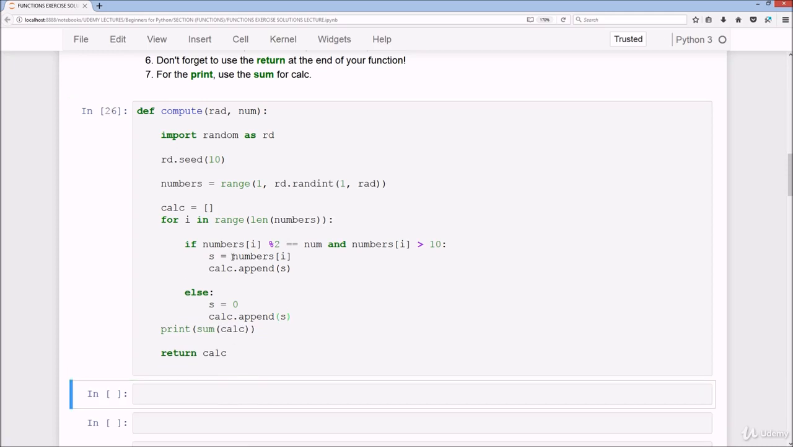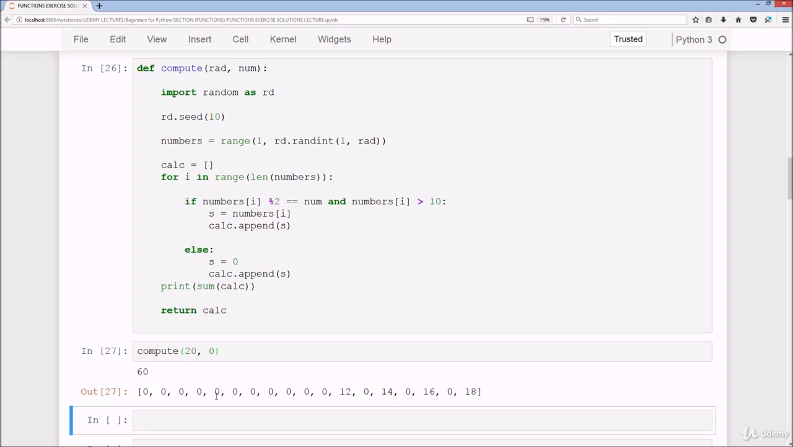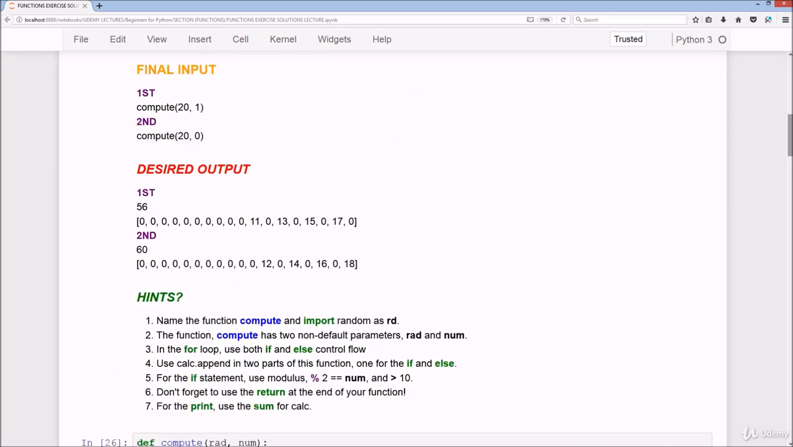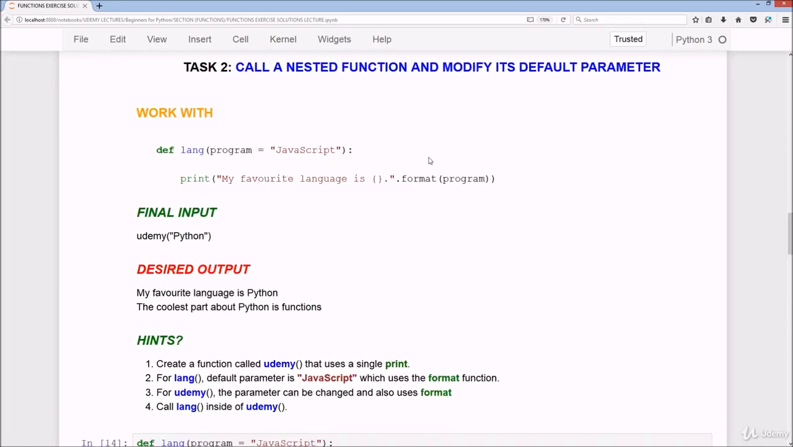So if I run this, there's no errors so far. Okay, great. And let's do compute 20 and compute 21. So we can do compute 20, and we'll get 60, 0, 0, 0 all the way to 18. And if we do compute 21, great, so we get 56, and that's exactly the same output as what we have in the desired output. So 56, 17 and 0, and we have 60 and 0 and 18 as the last elements within the list. Okay, so moving on from that, we'll go on to the second task, which is call a nested function